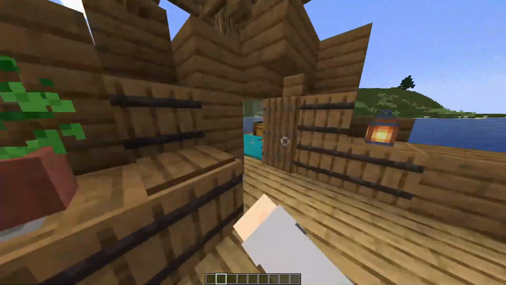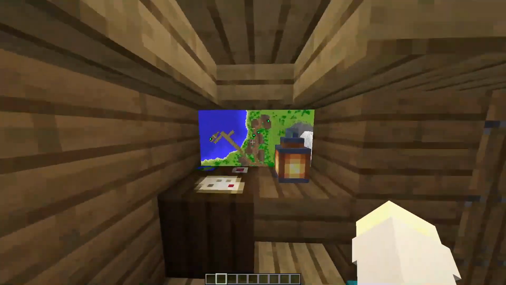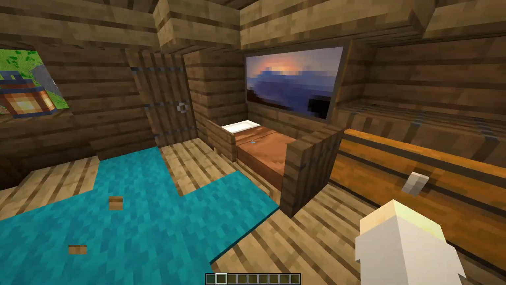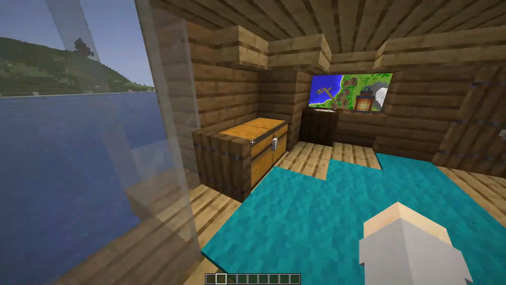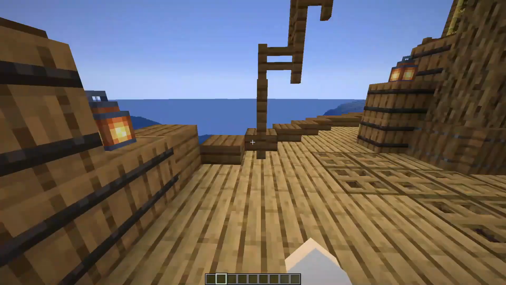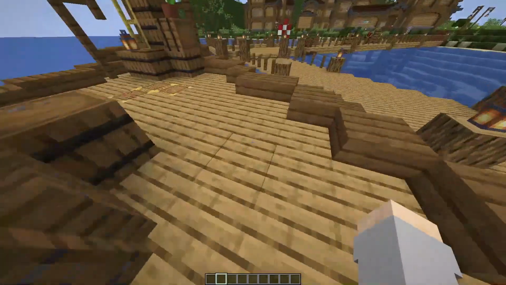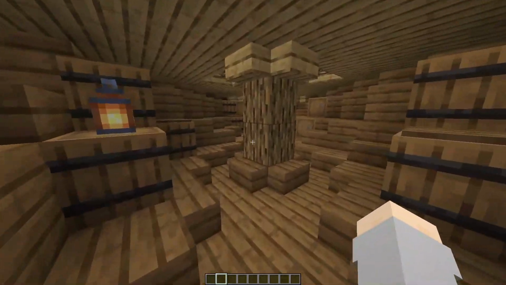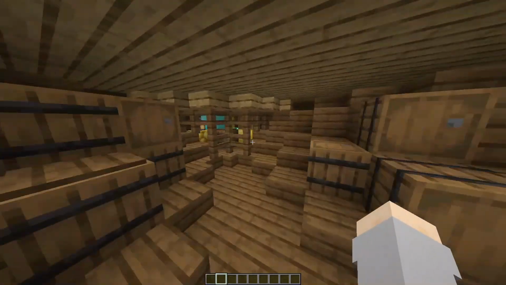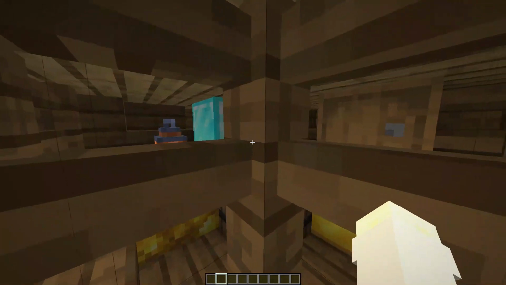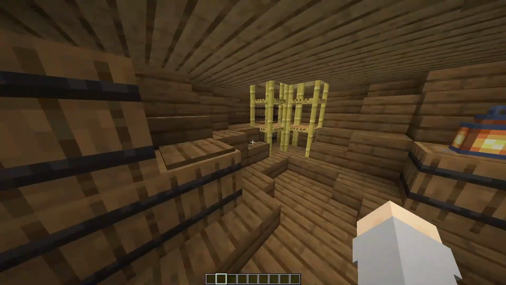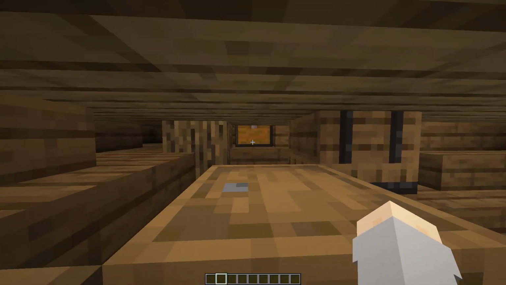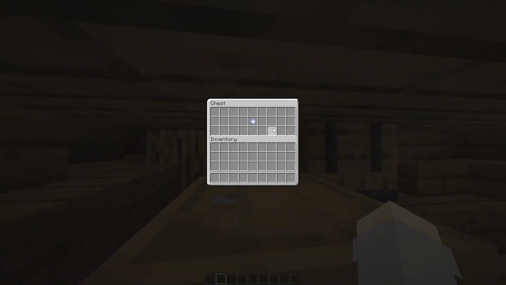But over here we have a nice map, village, and the docks, the bed, paintings, storage, carpet, a nice little captain's area. Over here we have a thing that goes down to the below deck area. Got a couple barrels, got some treasure back here. Let's see, a little secret back here. So this chest is hidden behind everything else.